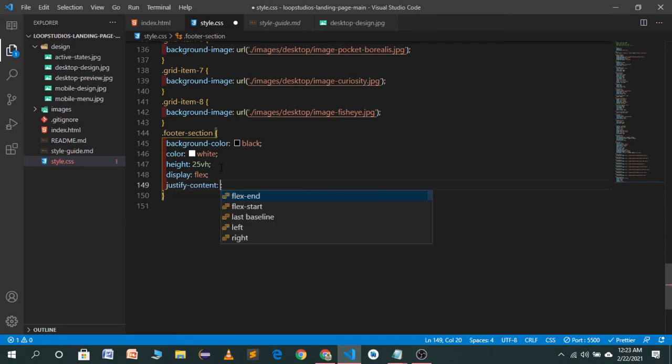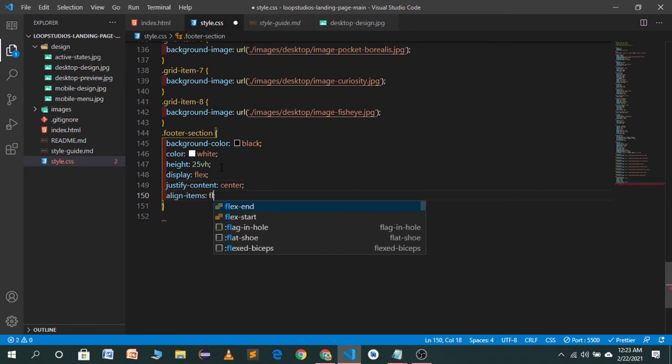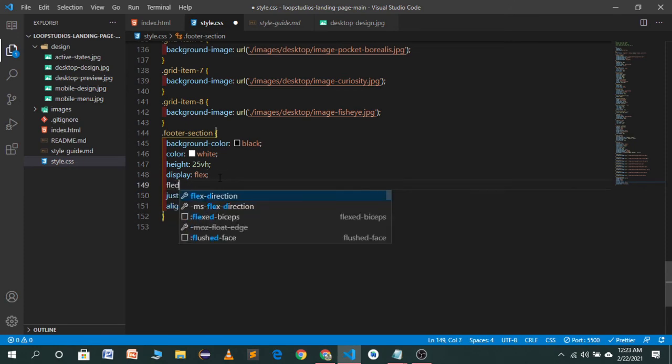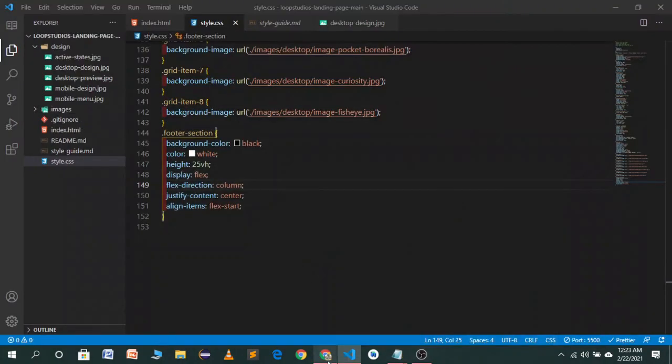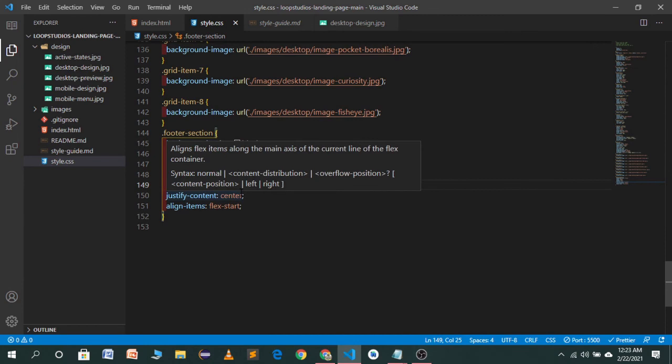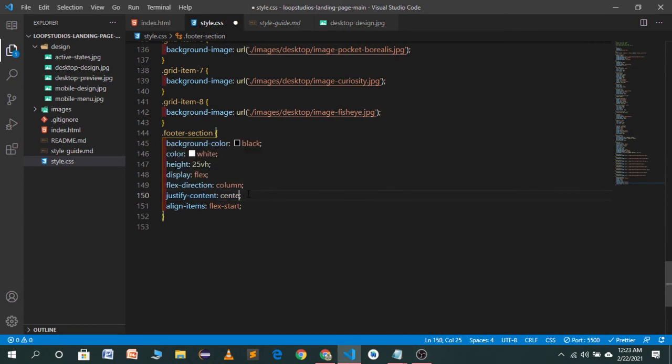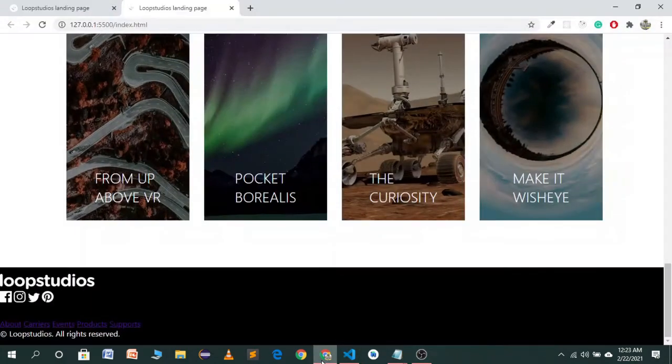Justify content will be center. Align items will be flex start, and flex direction will be column because we want it in the column direction. So for justify content, let's try space around, how it will look. You can try different things. Space around is looking good right now.